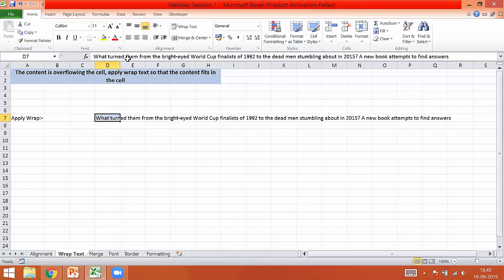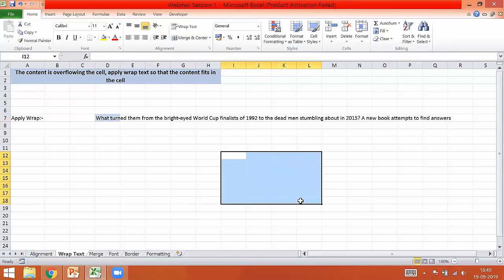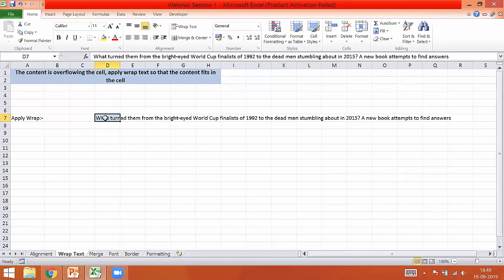You don't have to select multiple cells and then choose the wrap text function. Okay, so now you can see that the data is only under D7. How did I get to know it is D7? This is the cell address over here. If I just go to D8, I can see that under D7, this is the text. If I move to D8, you can see there is no text over here.